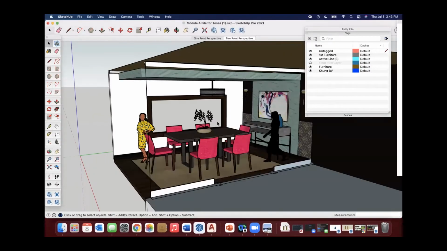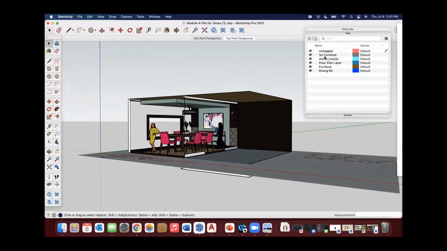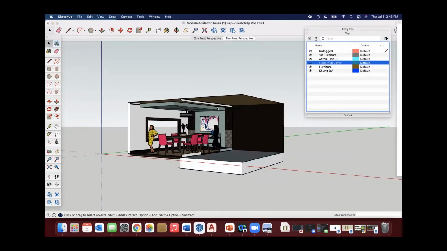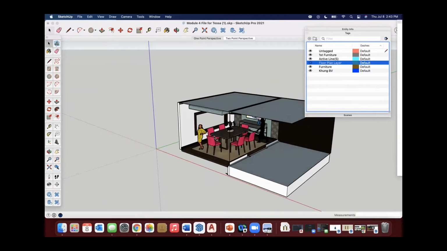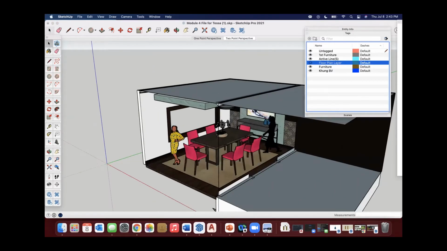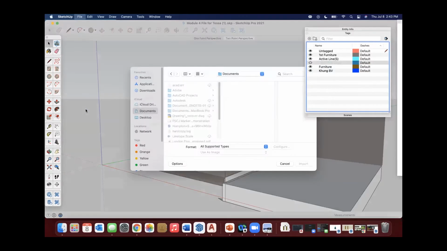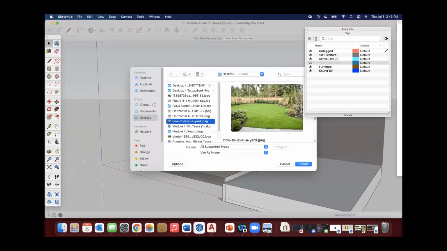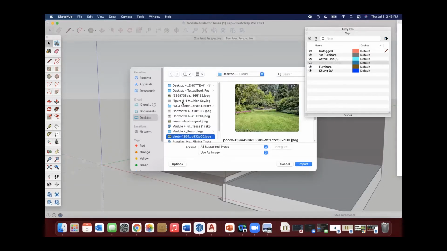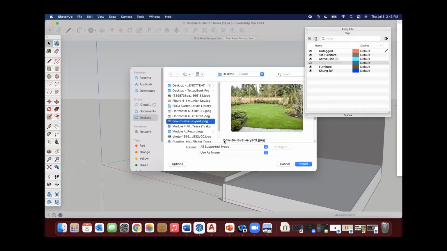Okay, so here is what we have. Now, the biggest thing is we've already got views saved, and there are a couple of ways we can do this. I can turn off that floor plan layer and just bring in my image and try orienting it, and I'll show you that first. Just like I did when I brought in the artwork image, I'm going to come up here to File, Import, and find one of those exterior images that I've saved. I can determine which one I want to play with first. So let's play with this one.